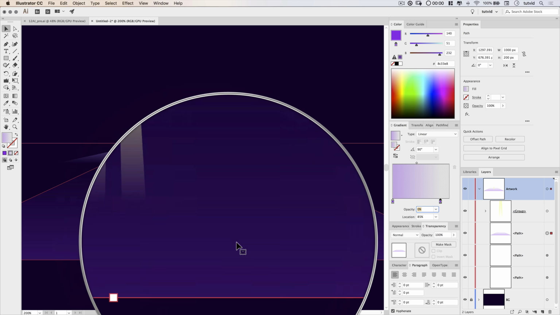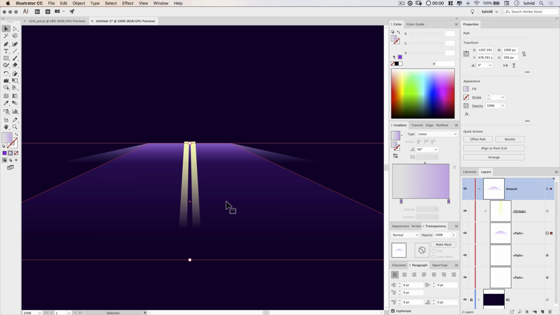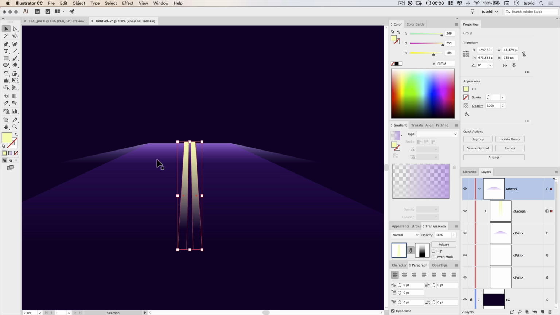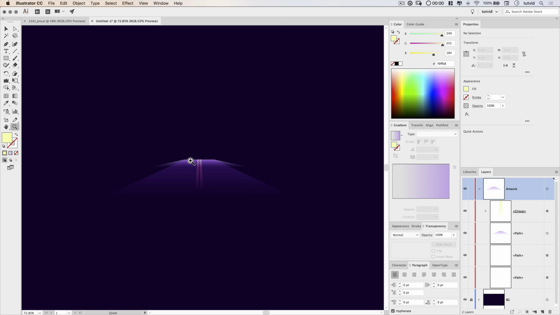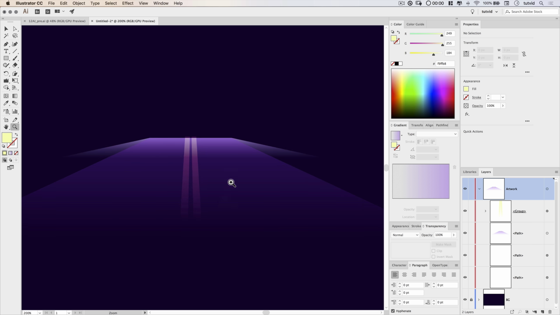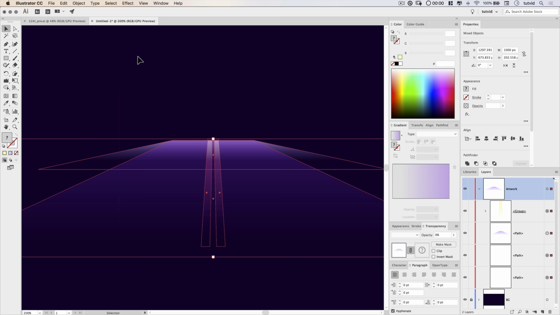And you can see it's giving us a strong purple in the foreground. So I just want to make sure I reverse the gradient. I built it sort of backward there. And you can see here we have the basic base of our road. It's a very purpley, bluish looking road, but that's just the way I like it. Let's select the lines for the road, which now don't look to be in place at all. And here in the transparency panel, we'll just set these to the soft light blend mode. And now we're starting to build out the road for our car and silhouette artwork, looking pretty good. I'm going to select all of these elements. In fact, I can just drag a selection over all of them and go Object Group to group them up.